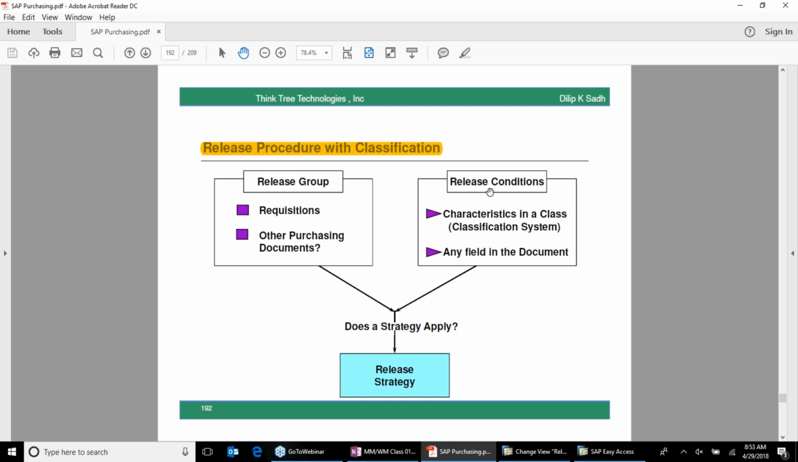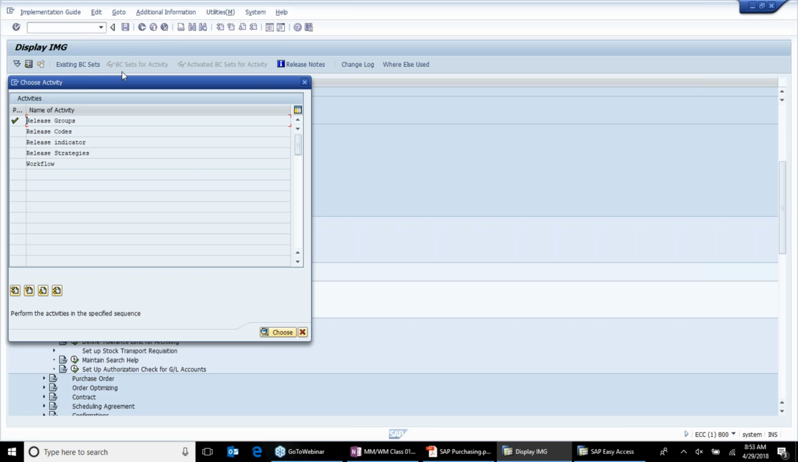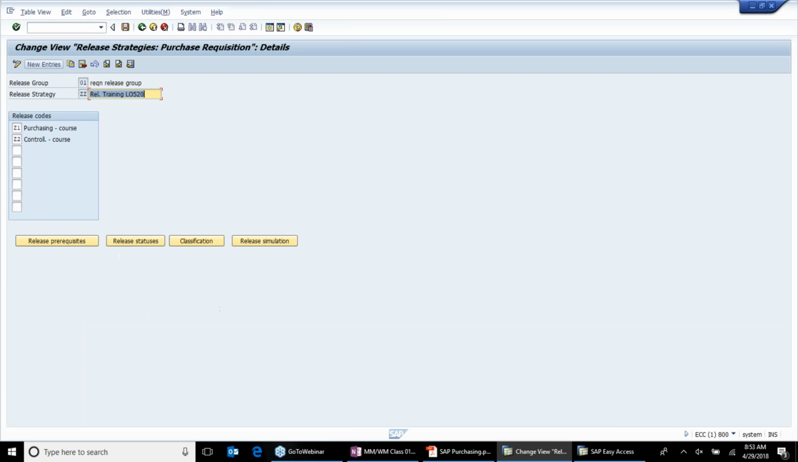So we have something called characteristic release strategy. I go back to release strategies here, and we have all these different release strategies being assigned. So I select one of them. I select release strategy ZZ, which is part of the release group 01. And if I go to the detail,